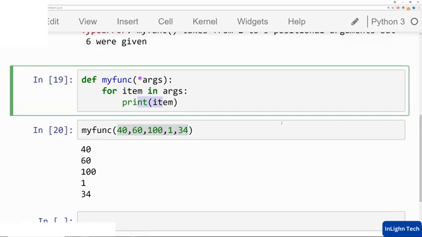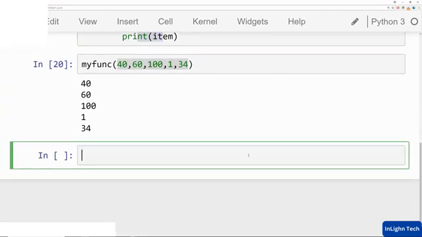Similarly, Python offers a way to handle an arbitrary number of keyworded arguments. So instead of creating a tuple of values, we use **kwargs, which is keyword arguments, and that builds a dictionary of key value pairs. So let's build out a function that utilizes that. We're going to say def myfunc(**kwargs):